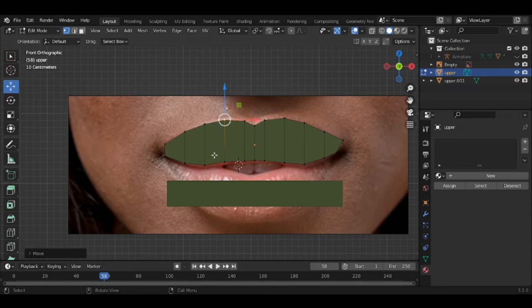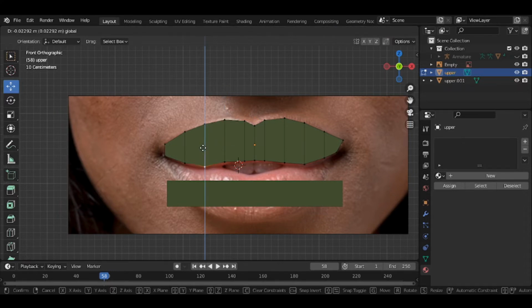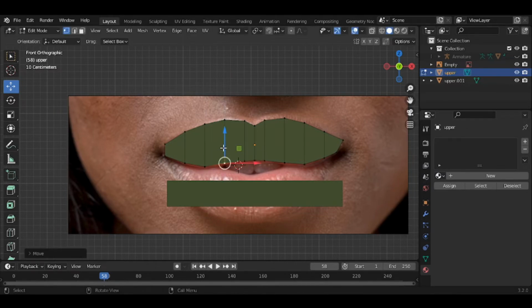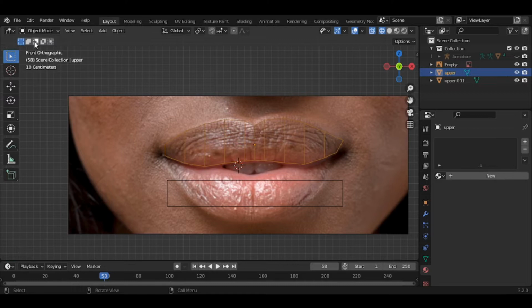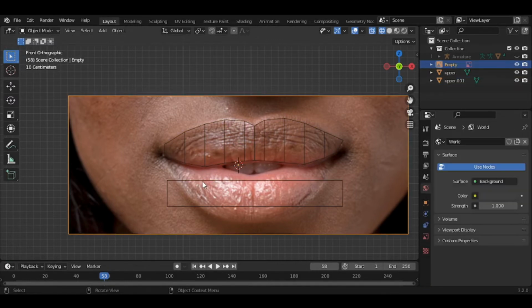And now I can still make some final adjustments. Remember, it doesn't have to be perfect because the lips, they're definitely not perfect. All we have to do is make it close enough, and when you make it small and put it on your mesh, they won't care. I'm going to go back to object mode. Let me click on this. Let me see how many vertices I've made up here. Well, it should match up with this one because they're basically the same size. See, 1, 2, 3, 4, 5, 6, 7. I got 8. Let me put it back on solid mode because I like to see when I do the